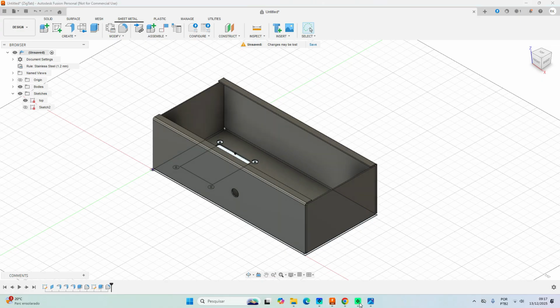But sometimes there are some companies that ask for a flat pattern. How to do that? It is pretty easy to do on Fusion 360. You just have to click here, and you just have to select the stationary face. I will click here, and when it is selected, you just click OK,